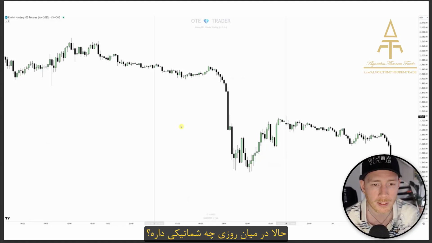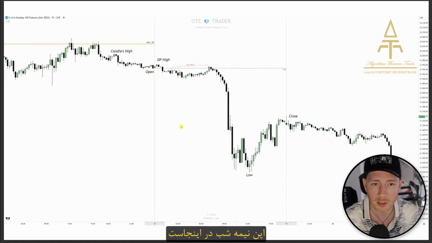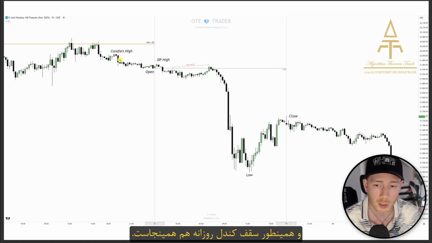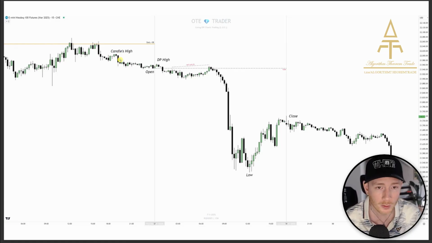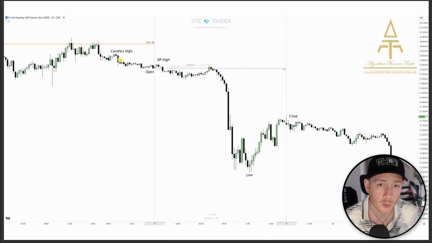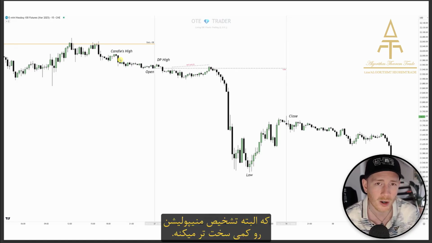Now, what does that look like intraday? If I put some lipstick on it again, we have the opening of that 12 a.m. EST over here. And if you notice something different in this chart, we have a daily profile high and then we have the candlestick high. So if we look at the power of 3 of a daily candlestick, the high can actually also be formed outside of a daily profile, which makes it a little bit harder to determine if we actually have the manipulation